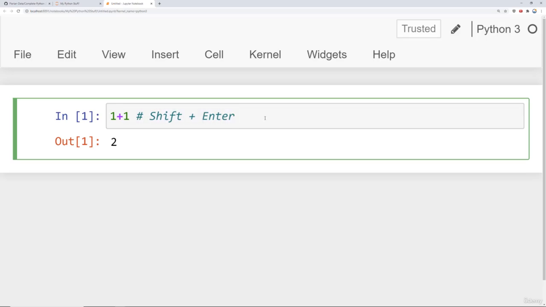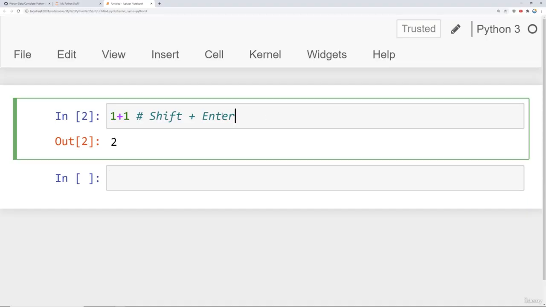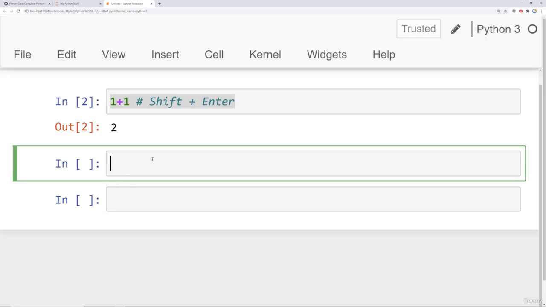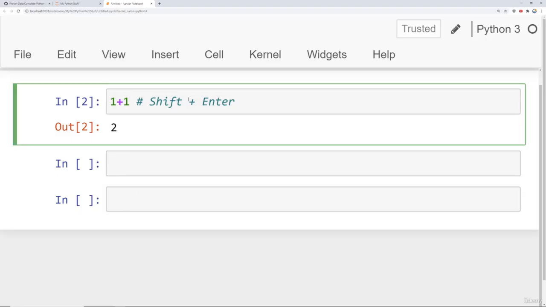If I hit Shift Enter on my keyboard, it will run this cell and then create a new cell underneath it. So I'm going to do Shift Enter on my keyboard again. It runs the cell and creates a new cell underneath it. This is the main way we're going to be learning how to program throughout the course. Keep in mind, we do show you how to run .py scripts using a text editor like Sublime Text to give you the option of running Python code however you prefer. But